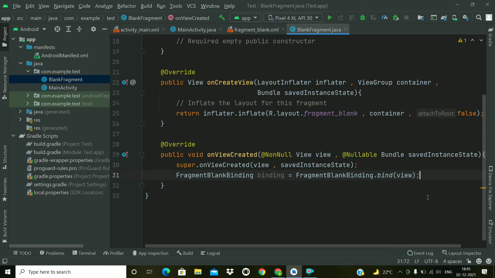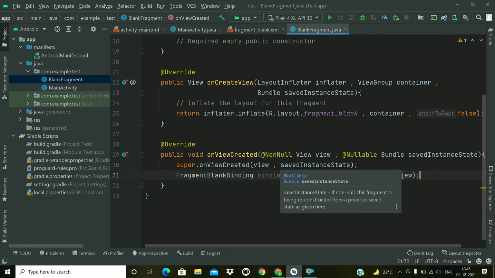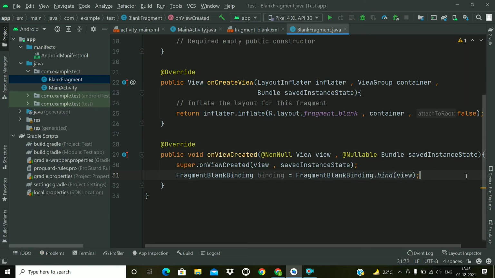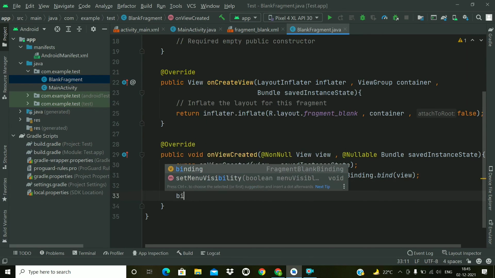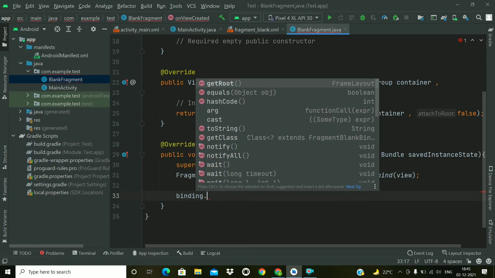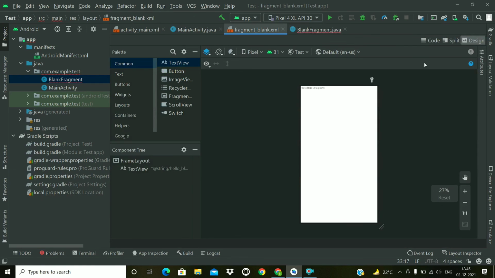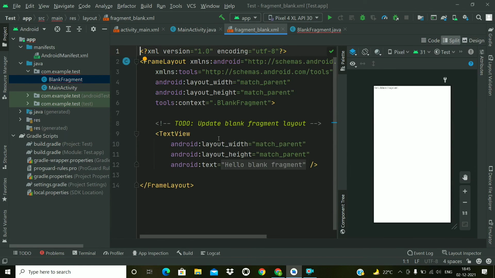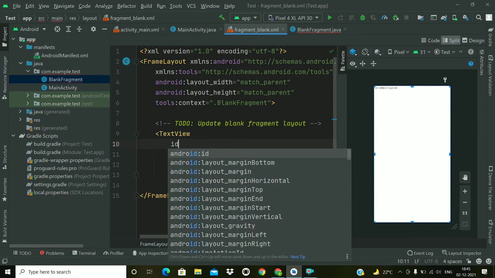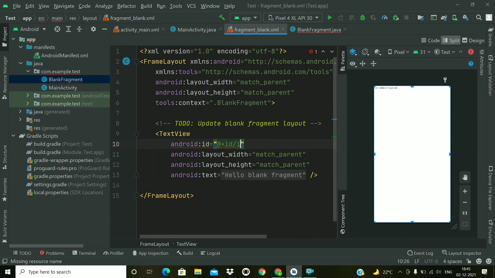Now we can access the layout elements from the layout file using this binding class directly, and we do not need to use the findViewById method. Actually there is no item with a particular id, so I'll just assign an id to this TextView, and let's give it intro.